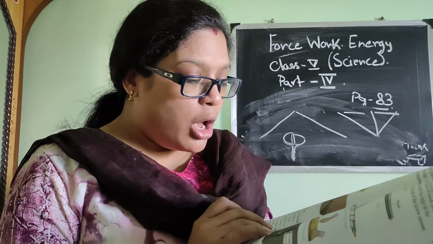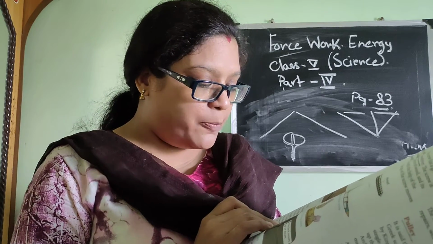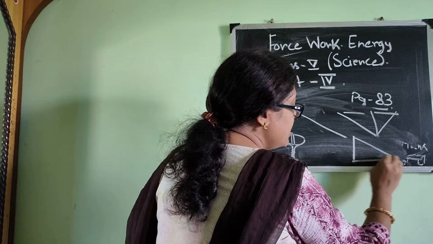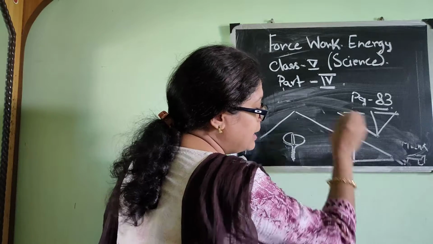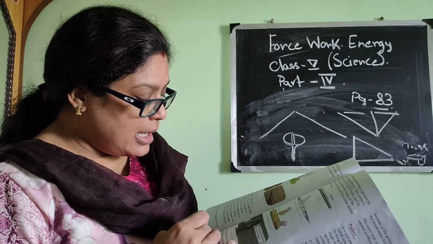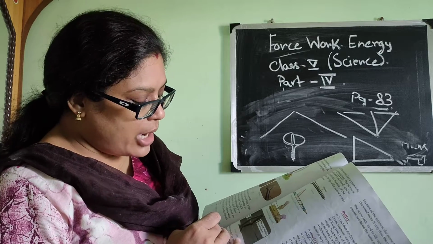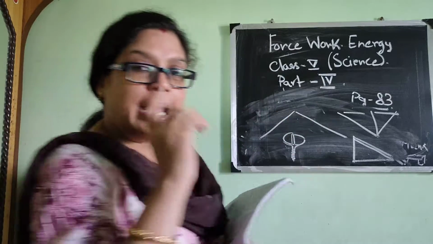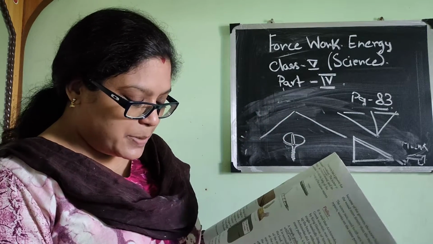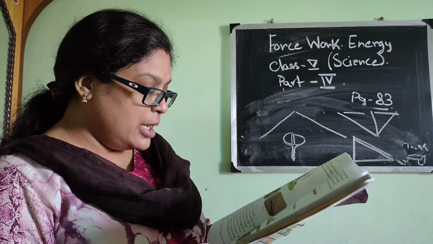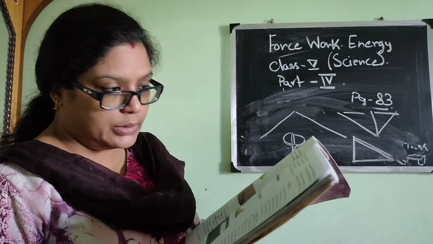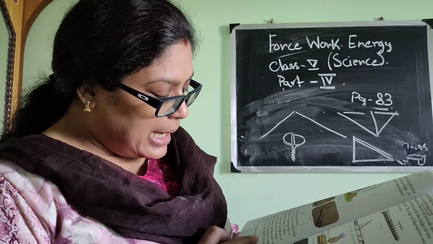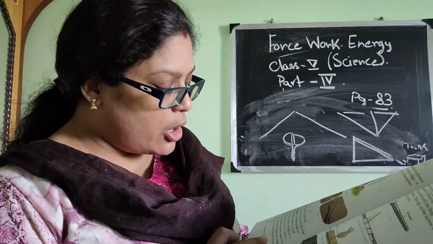To check this, draw a right angle triangle on a piece of paper and cut it out. So you will draw a right angle triangle like this and you will cut it like this. Color the longest edge and wrap the paper on a pencil. The drawing is given in the next page, page 85. You can understand what is screw. So if you wrap it, you will understand. Notice that the inclined edge of the paper now looks like the thread of the screw.